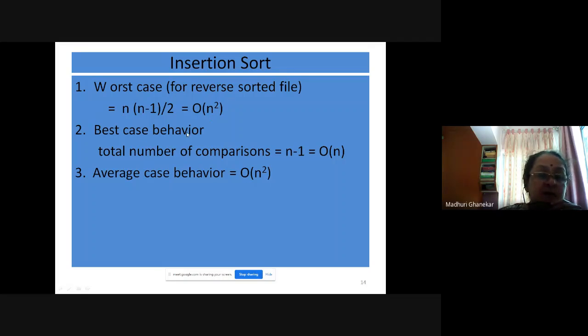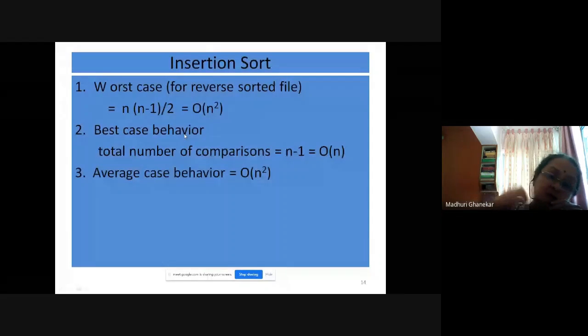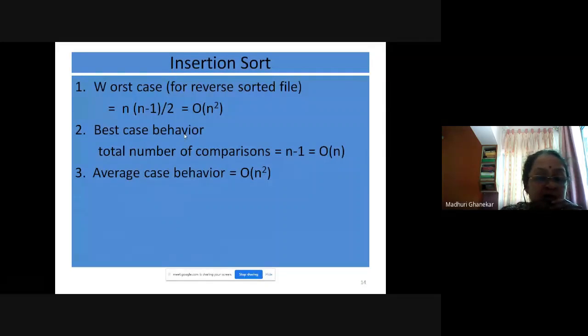Then the best case behavior. Best case is you want to sort it into ascending order, and your data is already in ascending order. So you don't have to actually shift any element, which means we need to check if one of the for loops can be skipped.